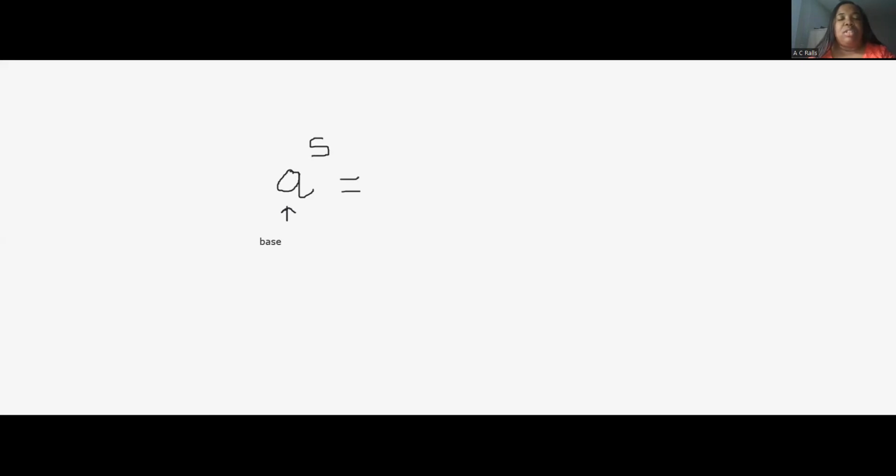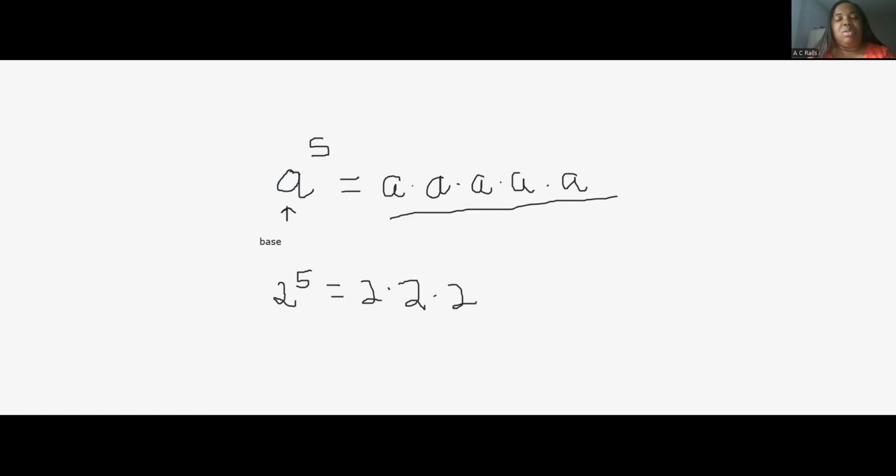So this is equivalent to a times a times a times a times a. The shortened way to write this would be a to the fifth power. All of these a's written out, that is our expanded form. The same thing would work if I had 2 to the fifth power. That would be 2 times 2 times 2 times 2 times